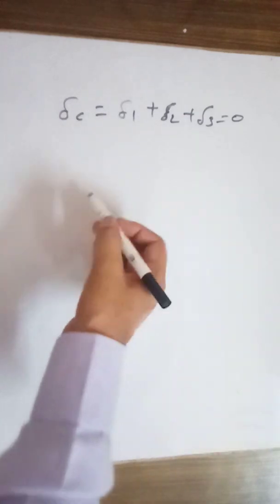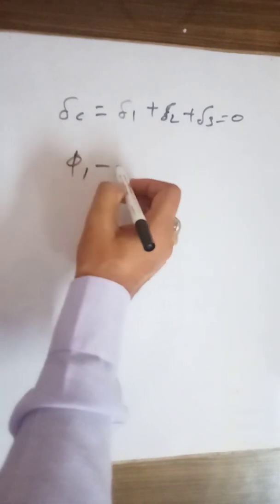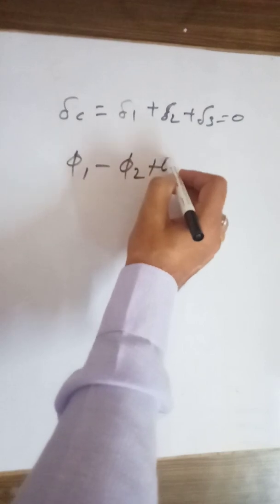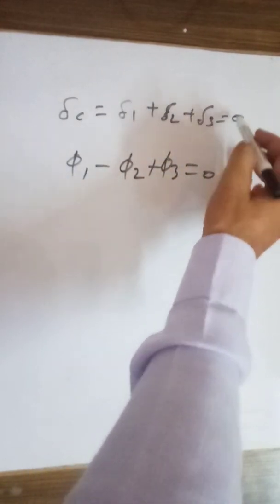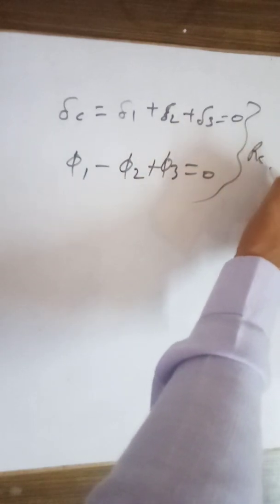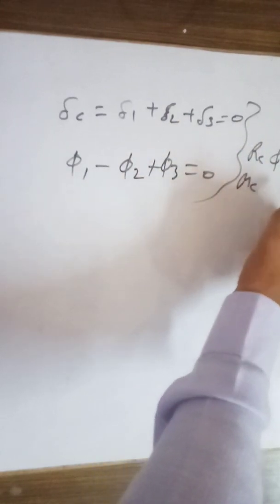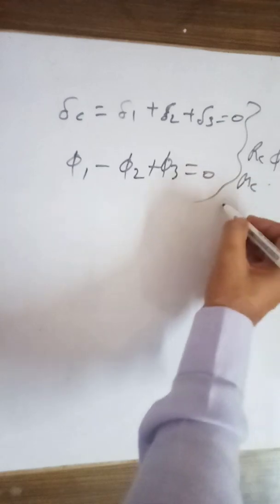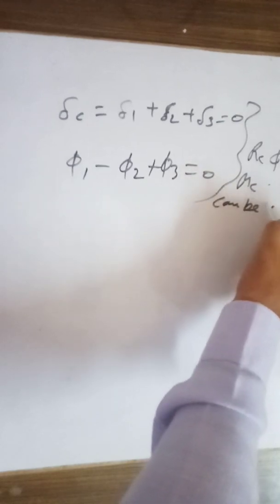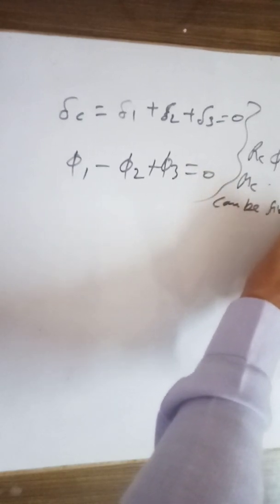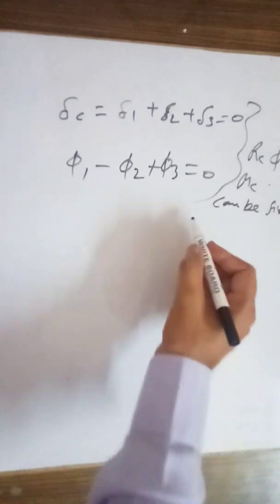We can say the angle may also be found out: phi 1 minus phi 2 plus phi 3 is equal to 0. So basically rc and this moment mc can be found